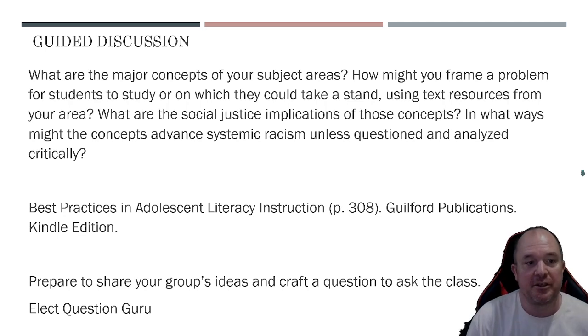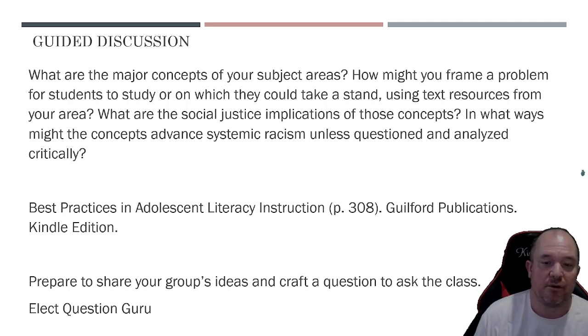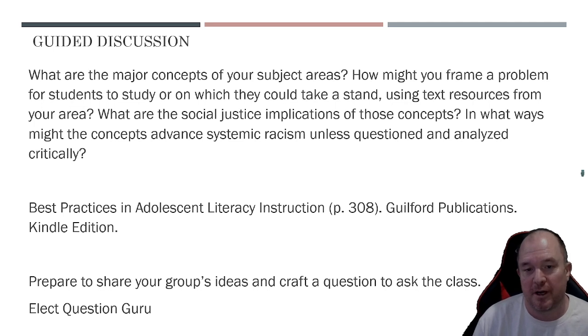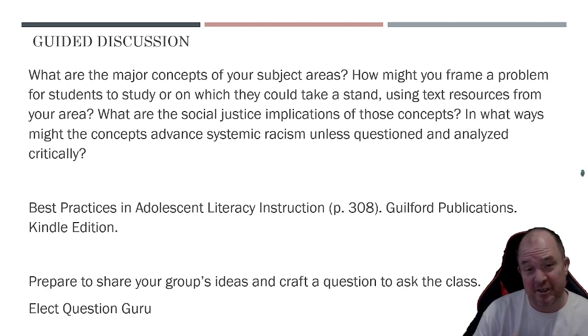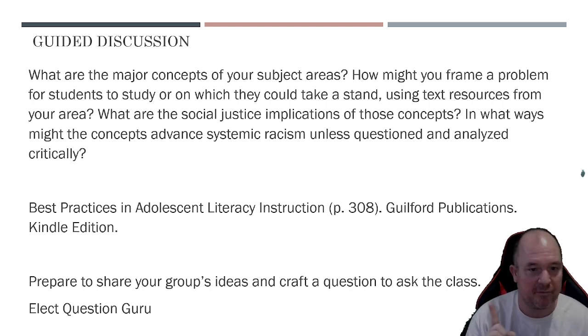this is the guided discussion. So this is what you will be doing in your thread. You're coming at this thread from the point of view of your content area, what you're going to be doing. And so talk about major concepts in your subject areas. Subject areas for social studies and family consumer science are broad and diverse, right? So social studies is economics, geography, world history, American history, civics, all that. And then family consumer science is nutrition and sewing and cooking and child psychology and architecture.